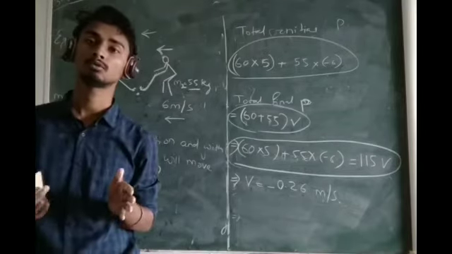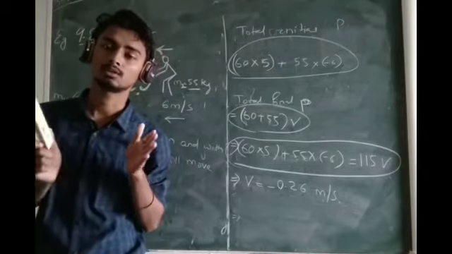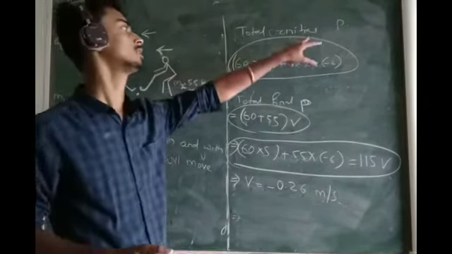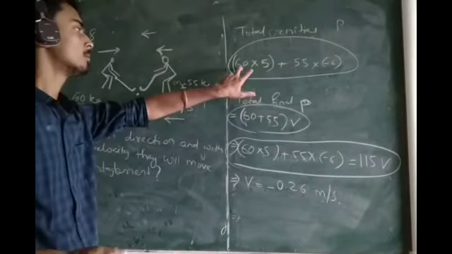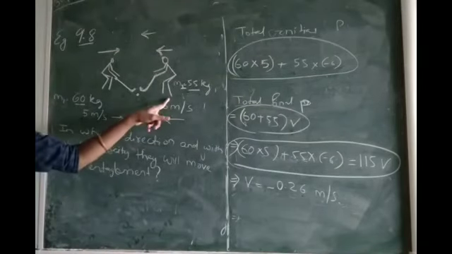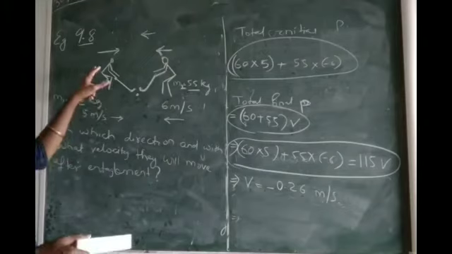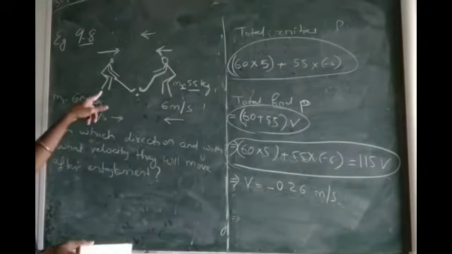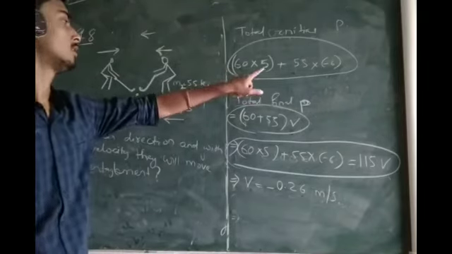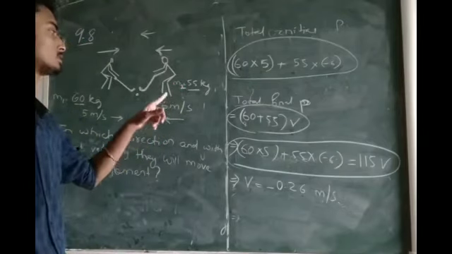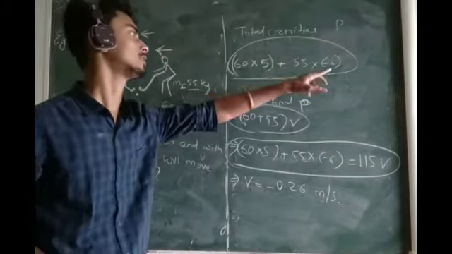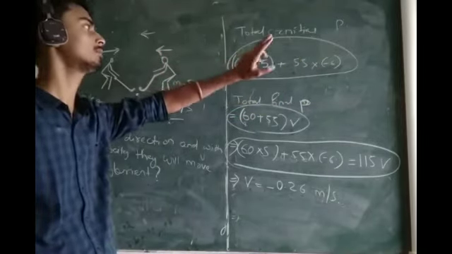So whatever the amount of momentum before collision, that will be the amount after collision according to the conservation of momentum. So let us find out the total initial momentum. Total initial momentum will be mass into velocity of the first player plus mass into velocity of the second player. Here you can see that m1 is moving in the positive direction, so its velocity will be plus 5. But m2 is moving in the negative direction, so its velocity will have a negative value, minus 6. Right? This is the value of total initial momentum before collision.